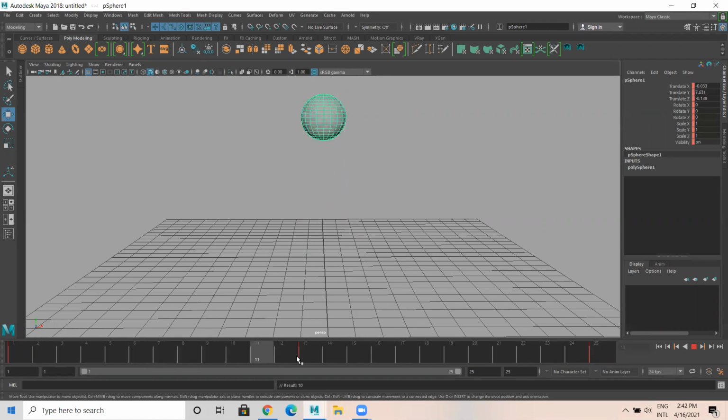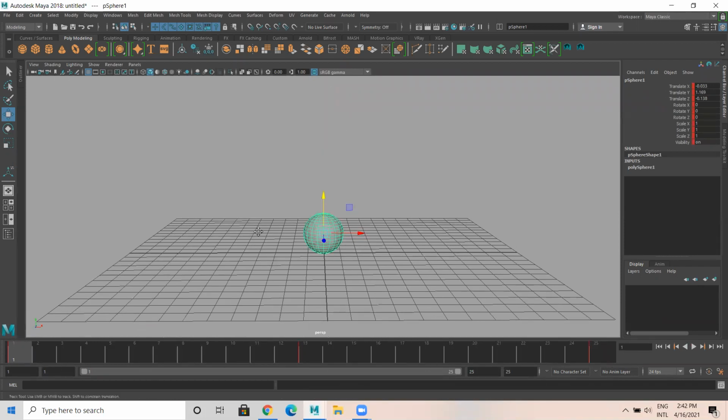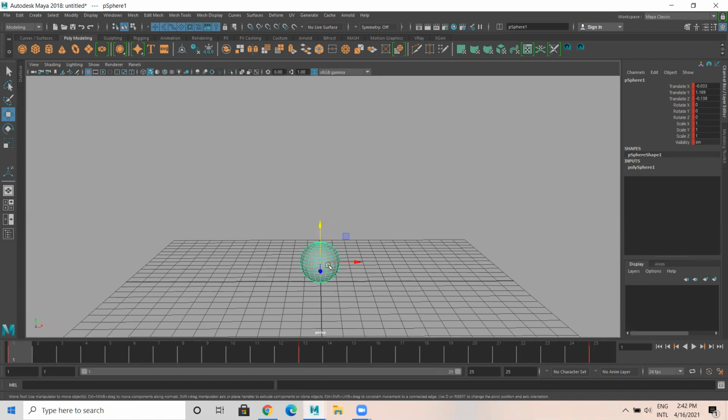Understood? Any doubts in key? And you can observe the values are changing here. Any doubts up to here? No, sir. Okay. But it is just simple movements happening, and this doesn't look good. See, there is no weight in this. Just simple movement is happening.